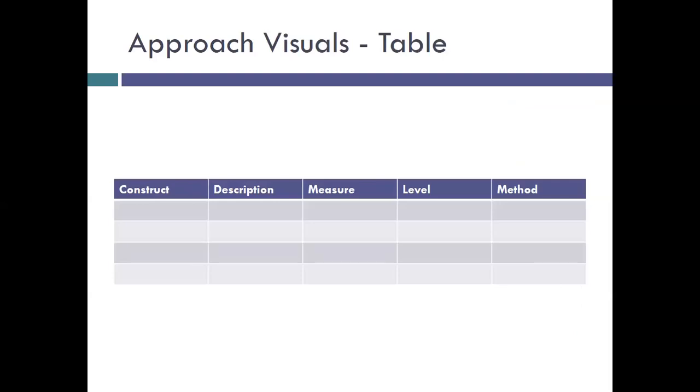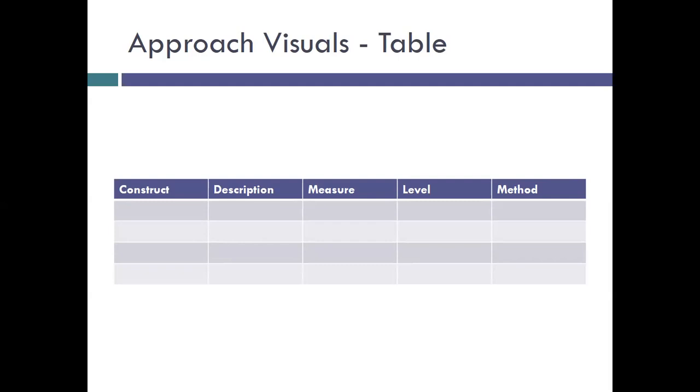One way to help clarify and demonstrate how a model is informing a study in a grant or also a paper is through tables and figures. I included a blank table here just as a template or a way to start thinking about it, with some possible column headings where you could list a row for each construct that you want to include. This table suggests providing the construct definition you're using, what measure you'll be using to assess the construct,